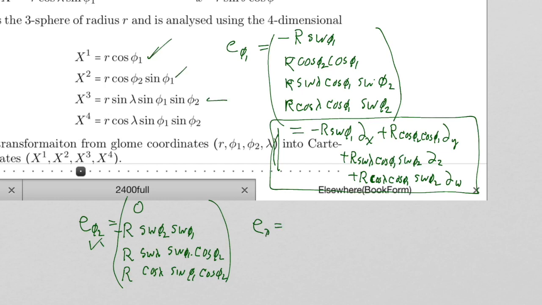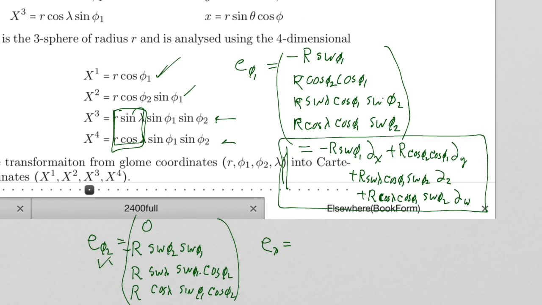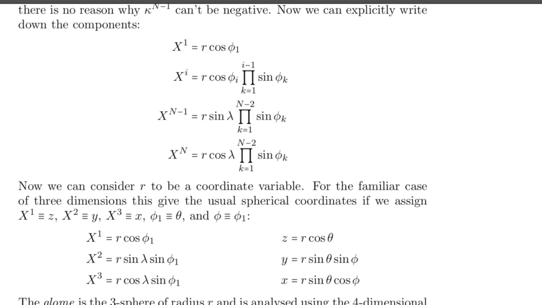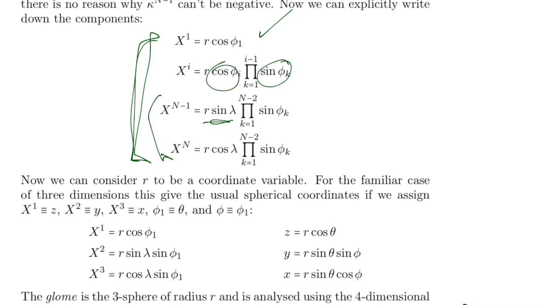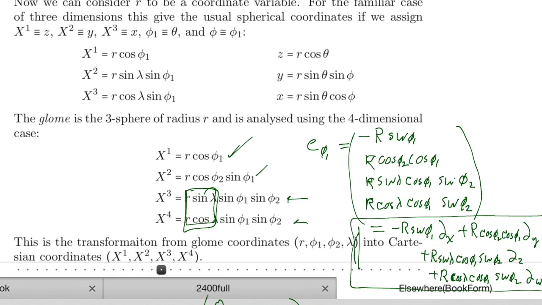Everything is 0 except these last two, right? And that will be true for any number of dimensions, by the way, because, like I said, for any number of dimensions, lambda only shows up in the last two. I think I have that formula here. Yeah, see, remember, I did this in the other glome lecture, but for n dimensions, this is the general expression. You can calculate this general expression in n dimensions, and you'll see for the first dimension, you always get that. For the next i dimensions, you get these cosines and sines together, but for the last two, that's when you get the lambdas to pop in. Okay. But anyway,